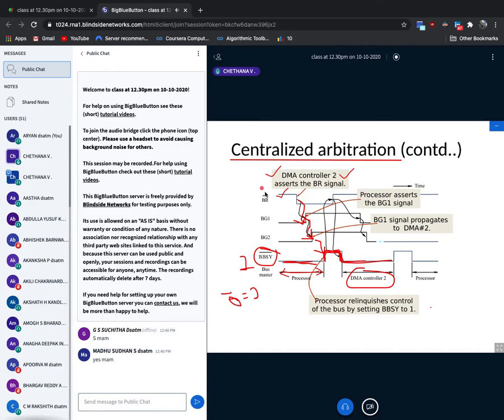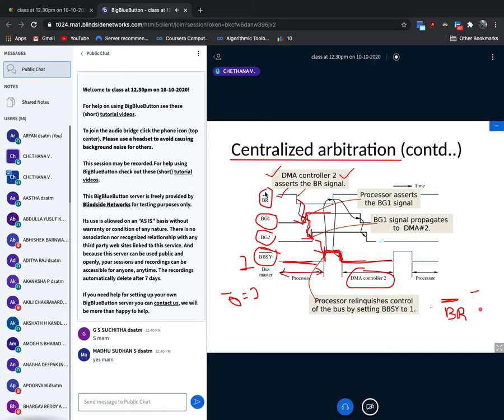Now here also, suppose this is BR, bus request. Somebody is requesting, so in the lower mode it is active. In the lower mode, the bus request signal is enabled. It is active. In BG1 and BG2, there is no negate symbol, just BG1 and BG2. That means higher impedance is active mode. Got that? Whenever we have a negate symbol, suppose here BR negate, it indicates the bus is requesting at what situation? At lower impedance.